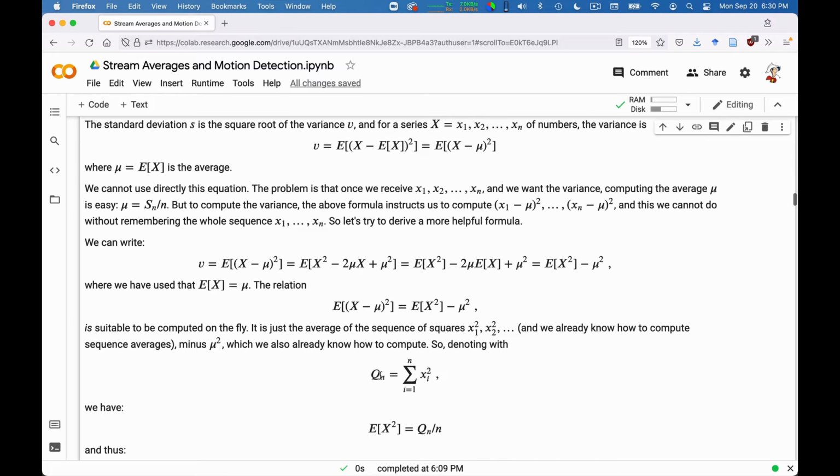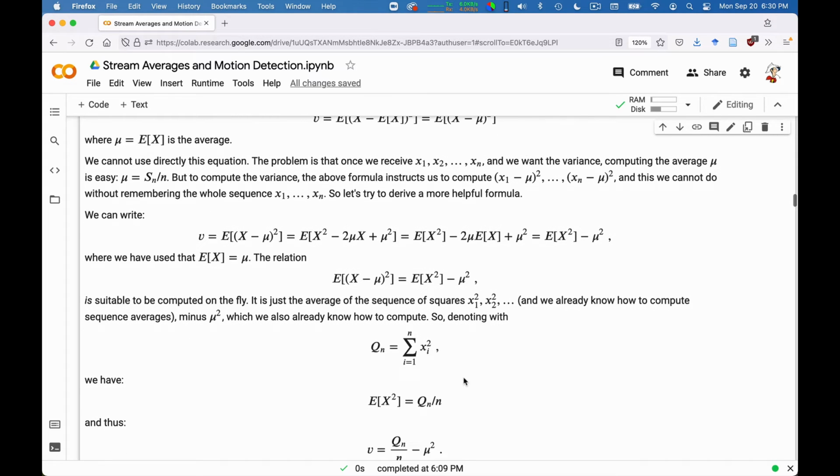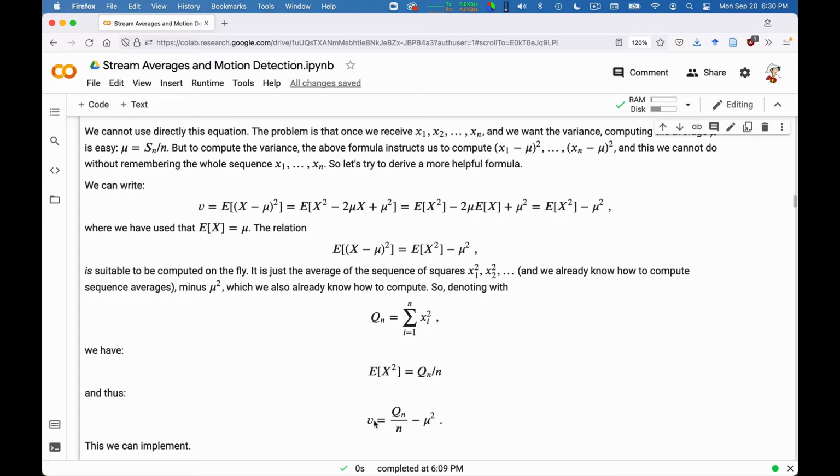Sn was the sum of the numbers, Qn is the sum of the squares, and then E of x squared is simply equal to Qn divided by n. And so our variance will simply be given by Qn divided by n minus mu square. This we can implement.